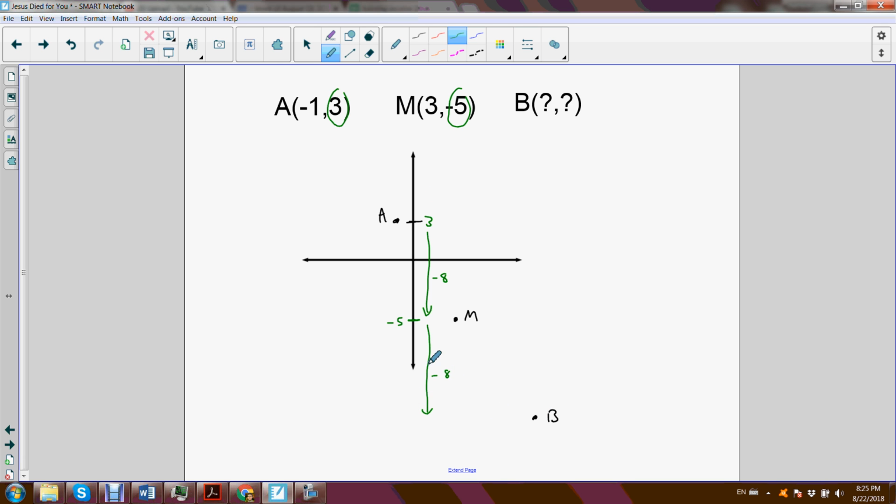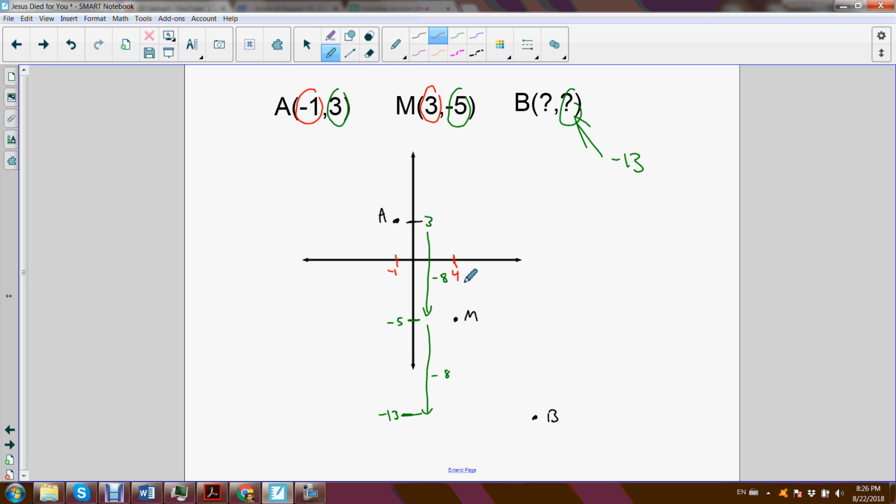So we end up all the way down here at wherever 8 below -5 would be. That would be -13. So we know that the y coordinate of the other endpoint will be -13. Now let's look at the x coordinate of point A. That's -1. And the x coordinate of the midpoint